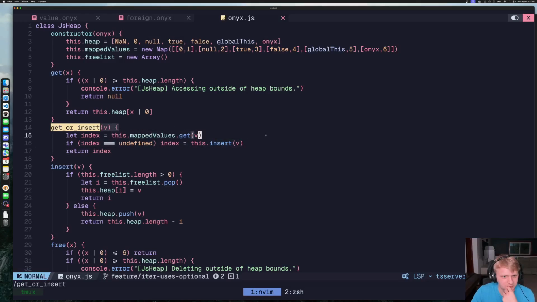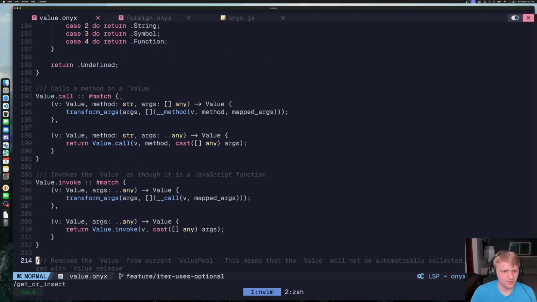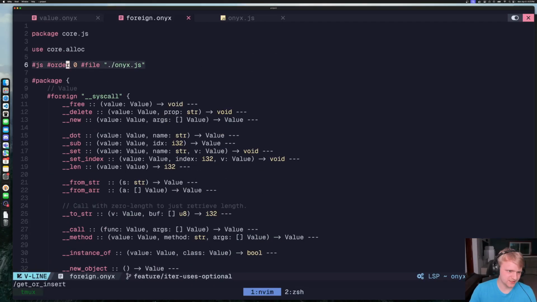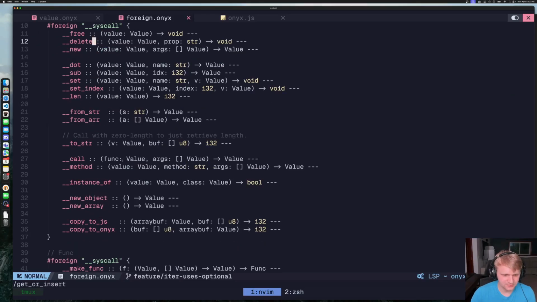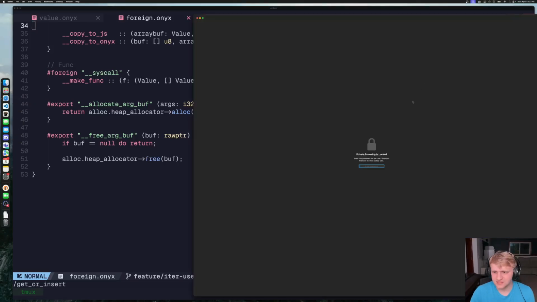So yeah, I think I've gone over everything about how JavaScript interop works in Onyx. It's not super magical. The only compiler magic is this JS directive that automatically makes the JavaScript for you. Otherwise, it's a lot of just code, and you can dig into it directly. I should also say, as I mentioned before, a lot of this was inspired